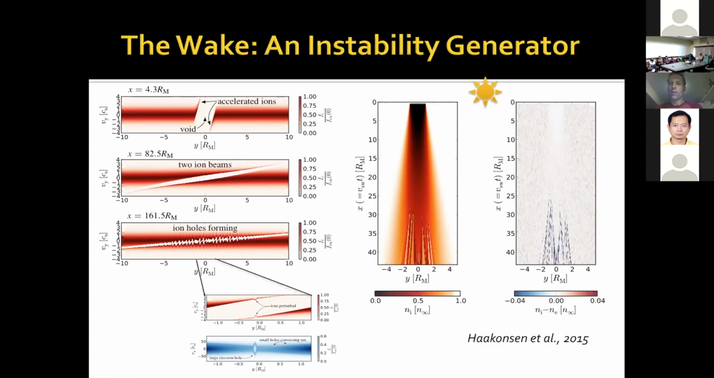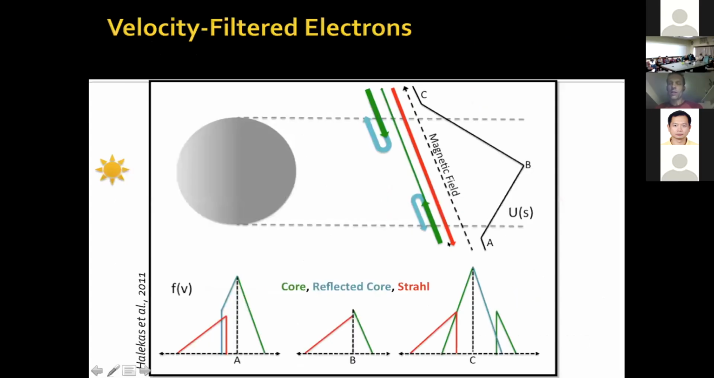Similar things happen with the electrons as well. So the electrons, rather than being accelerated into the wake, are actually decelerated. So most of the electrons that come in from the two sides of the wake are reflected and turned around. However, the most energetic component of the electrons can actually go all the way through the wake. And if it makes it through the middle of the wake, then it actually can be accelerated out the other